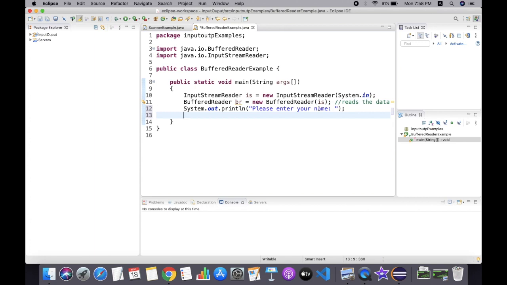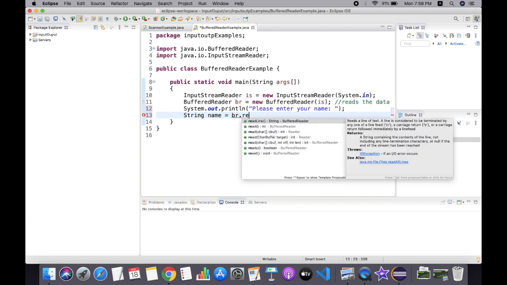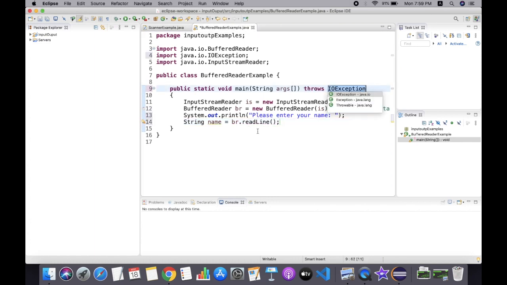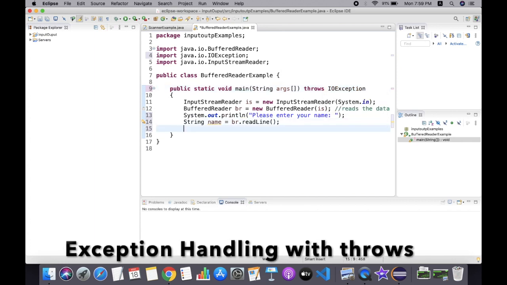In BufferedReader, we have a method called readLine. Since we are accepting a name, we will write String name as our variable and use our BufferedReader object and the readLine function. This readLine function returns a string of values. Also, you need to add a throws declaration as it might throw an input output exception. You have to handle this exception.